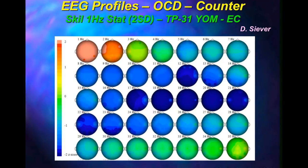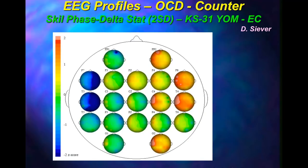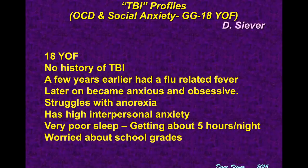Now we see in this case, however, a fair bit of a beta dropout, so there could also perhaps be some brain damage going on there as well. Look at the phase problems, left-right, and we have a tendency to see the phase problems be more left-right side. So networks in one direction certainly are very slowed. Again, no history of a head injury. Okay, now we're going to take a look at